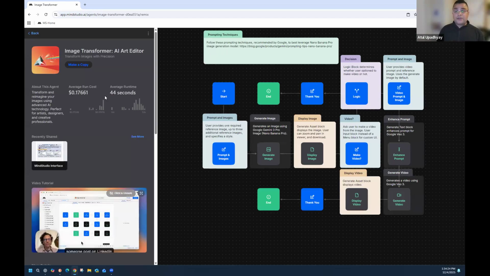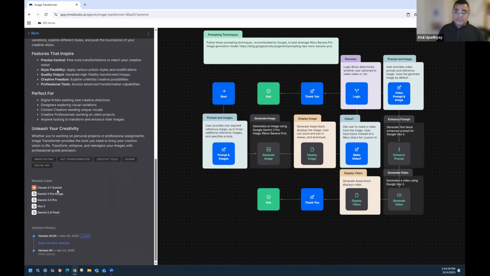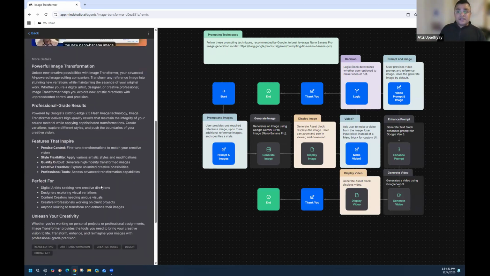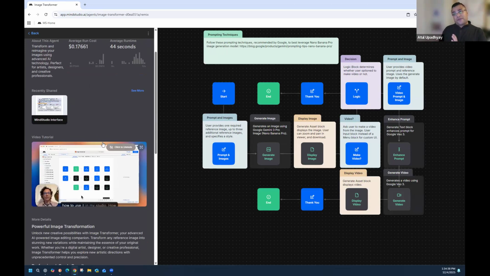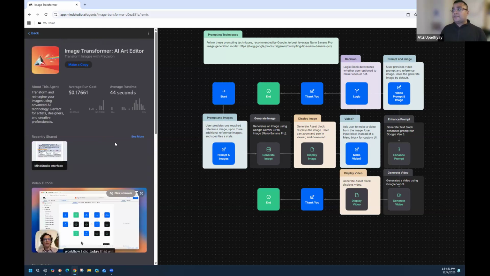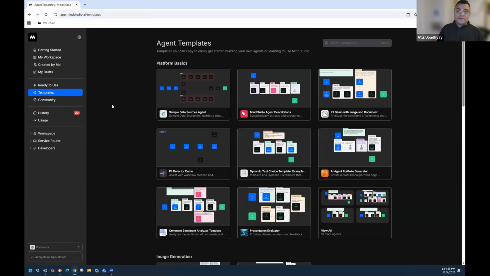This one, they even tell you what it's going to cost you when you're running it, what model is being used, and what it does. So you can make a copy, you can build on top of it. So I think upfront, there's so much information that the element of surprise reduces when you're actually executing and you are actually seeing, okay, what did this cost me or my organization? So yeah, these are some other features we just want to kind of share.